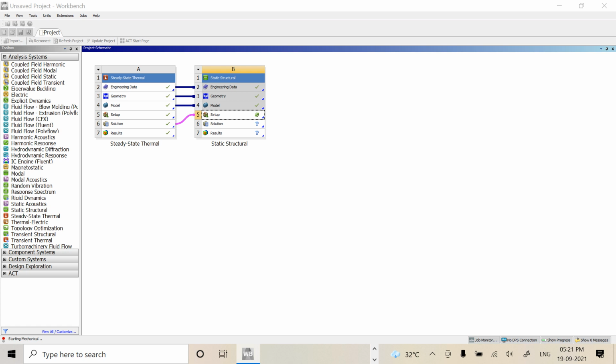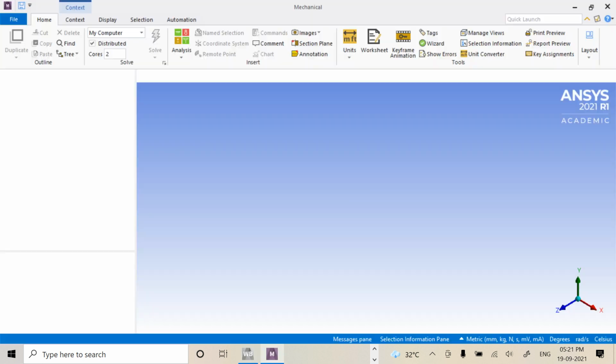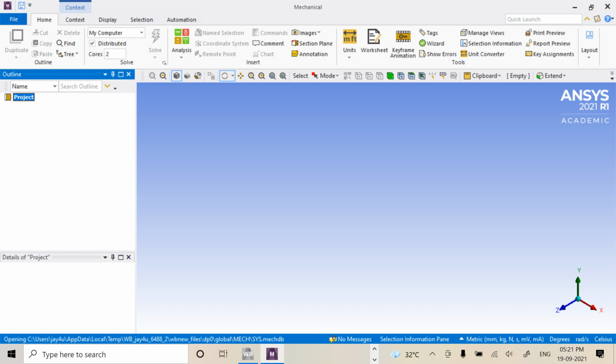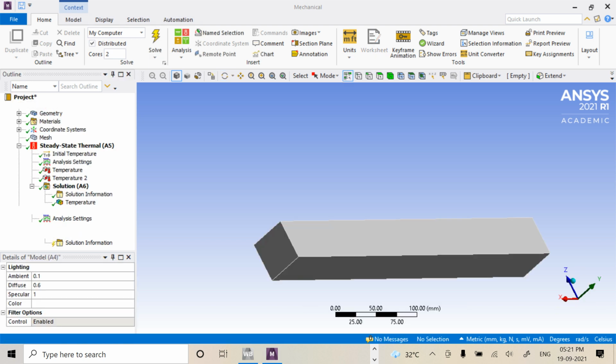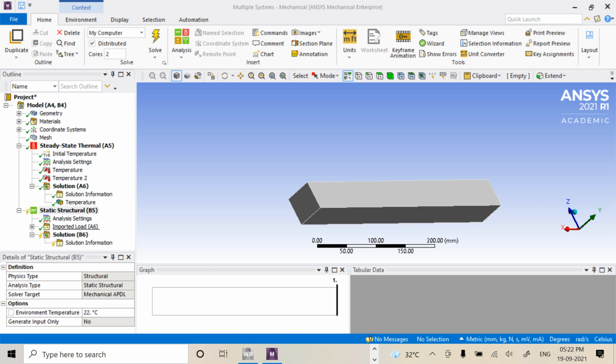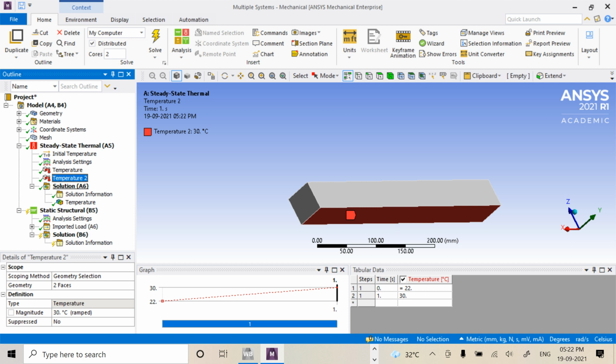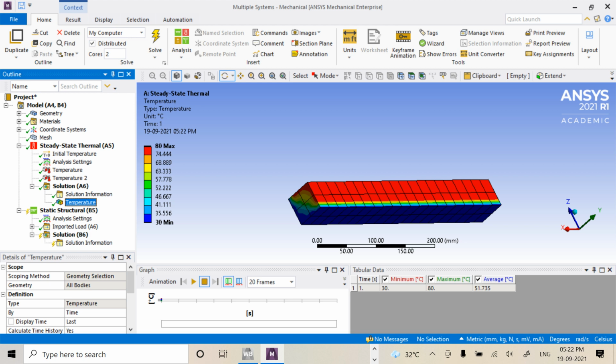Once we double click on the setup, it will open. So here our component is ready. Here you can see steady state thermal analysis is available. And next we have the structural analysis. So in one screen itself you can observe the steady state thermal analysis and static structural analysis also.